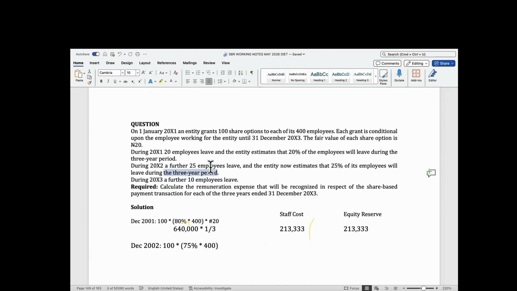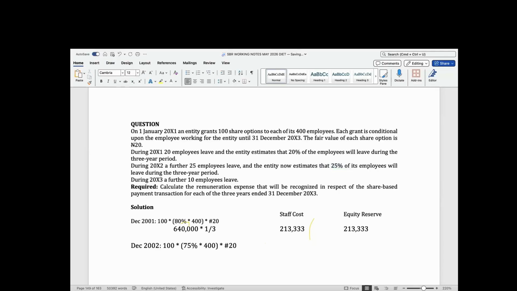So that 25% has already encompassed all the leaving actual. They give us an estimate over the 3 years. Since they are saying 25% will leave over the 3 years, that means 75% will not leave of our entire employees. So multiplied by